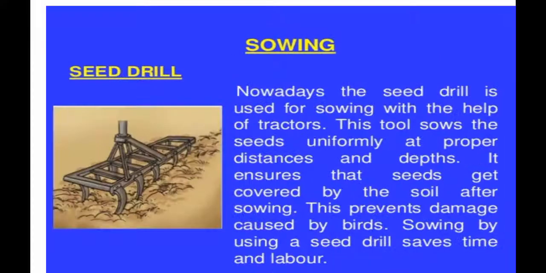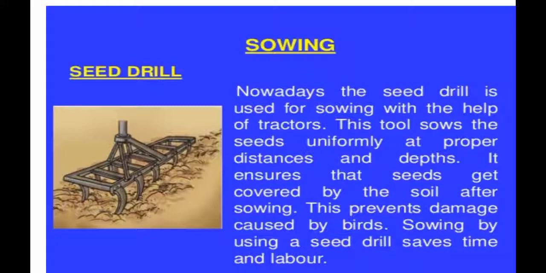The second method is the seed drill. The seed drill method is also called the mechanical method. This method is much better than broadcasting, where we just scatter the seeds. Here also, in a seed drill we have a funnel-shaped seed bowl connecting to several tubes. In the traditional method we have only 3, but in the modern method many pipes are connected, and this seed drill is attached to a plough.